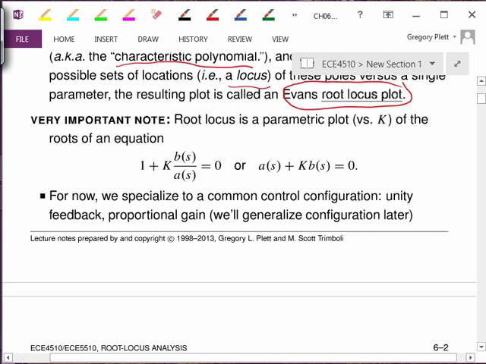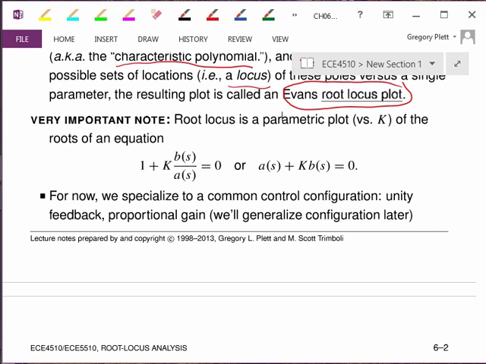The root locus is a parametric plot versus some design parameter k of the roots of some equation: 1 plus k of b of s over a of s equals 0, or I could multiply both sides of that equation by a of s, and I get that a of s plus k times b of s equals 0. That is, in fact, what a root locus plot is in its most basic fundamental statement,